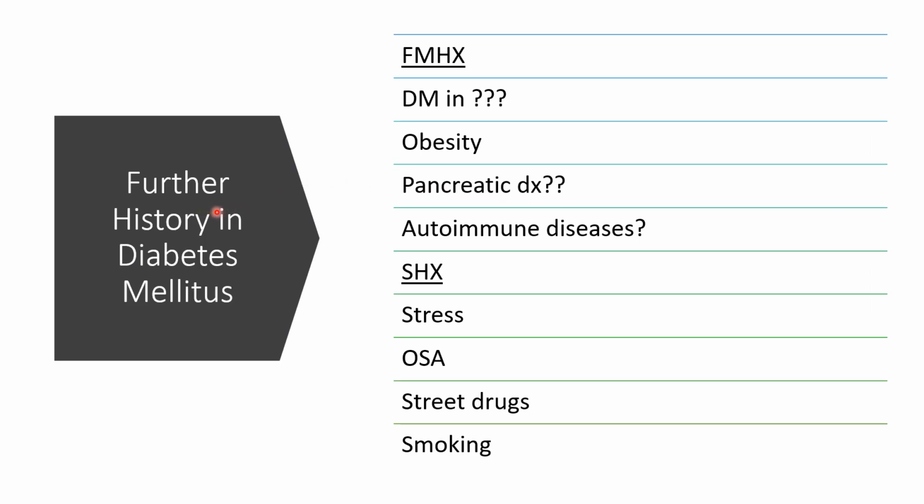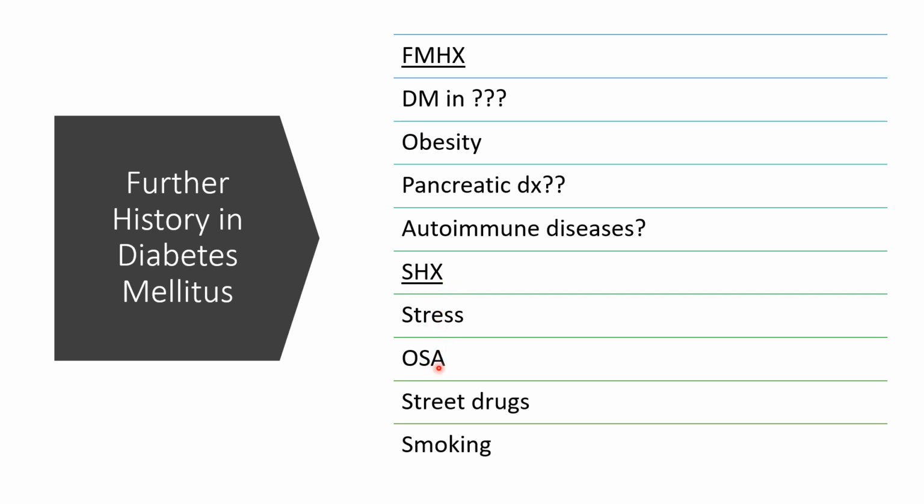Okay, further history will take us to delve into what is happening in your family. Remember, 10% of type 1 diabetes mellitus will be linked to family history, while 80% will be linked to family as per type 2 diabetes mellitus. So, any diabetes mellitus in your family, people obese, even yourself, pancreatic disease in type 1, DM in family mostly in type 2, obesity type 2, autoimmune diseases type 1. Social history, any stress in your life,